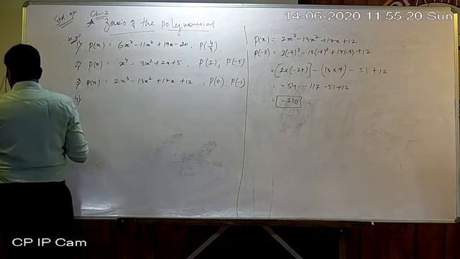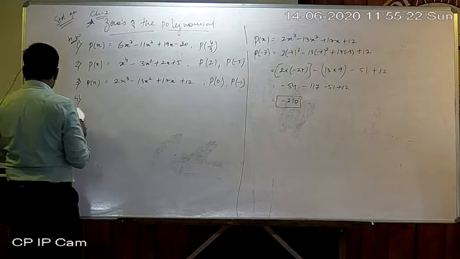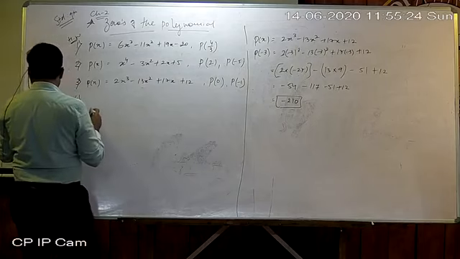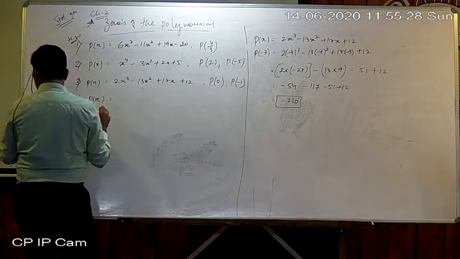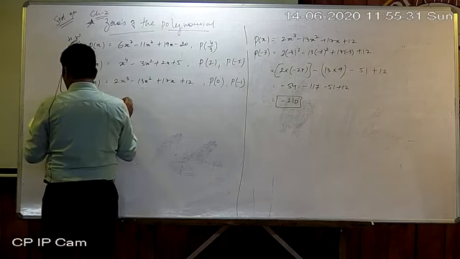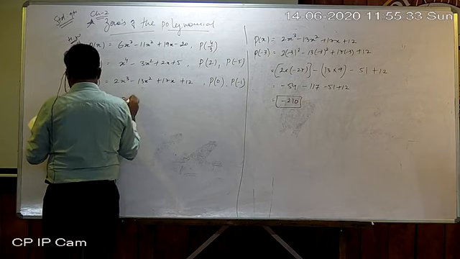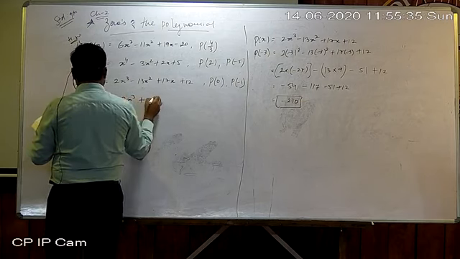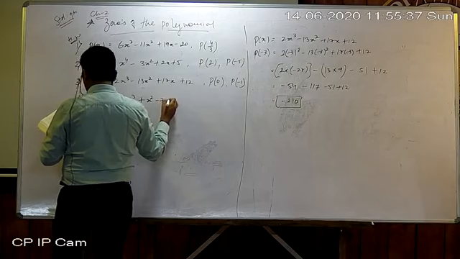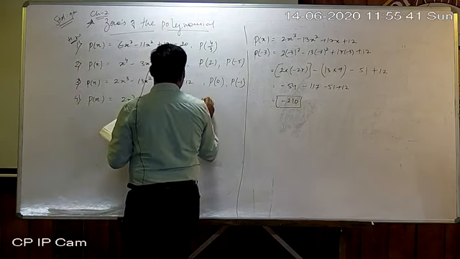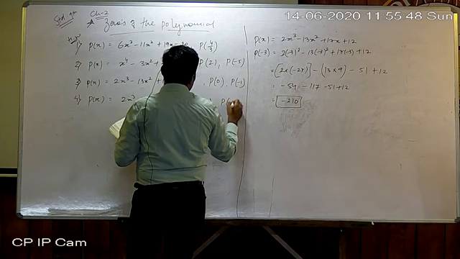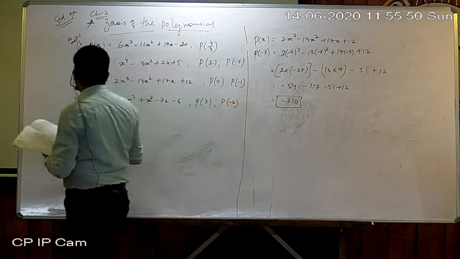Fourth one is p of x is equal to 2x cube plus x square minus 7x minus 6, for this p of 3 and p of minus 2. Okay,